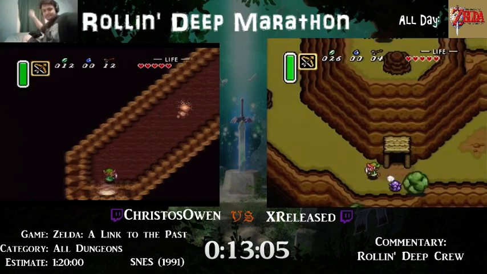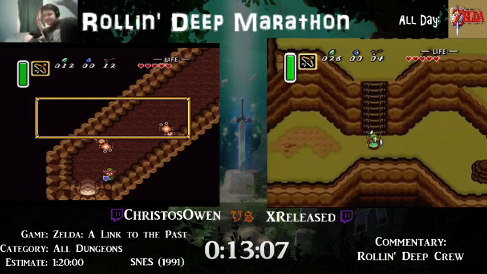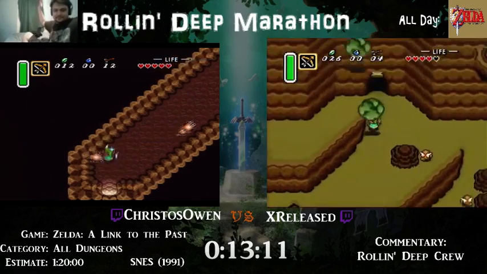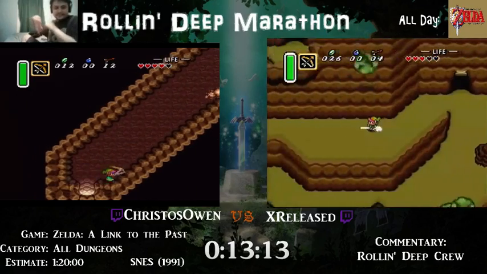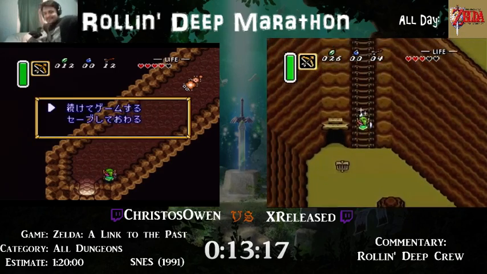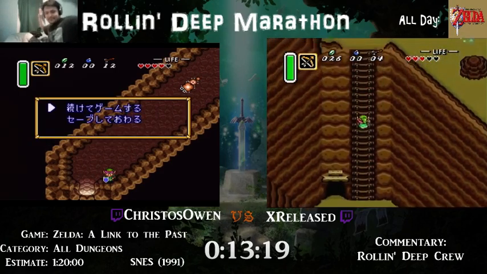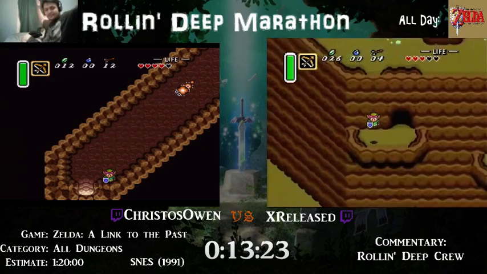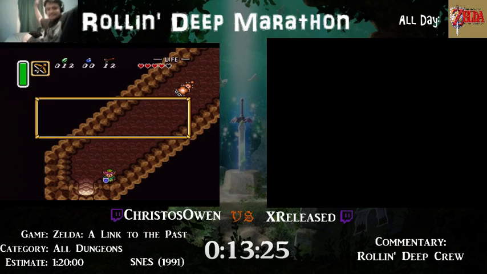We've also got another crazy trick coming up called Kiki Skip, where we're going to move from this cave into the first Dark World dungeon in the game. It's kind of difficult though, so...